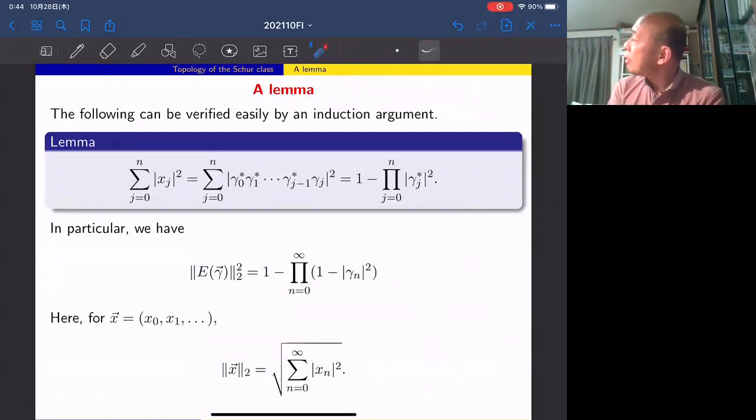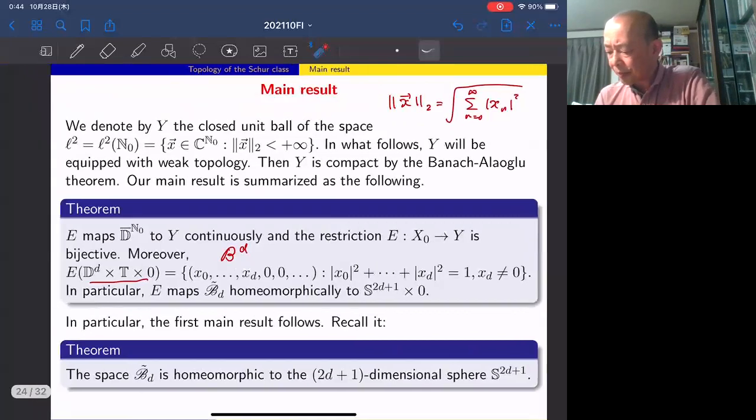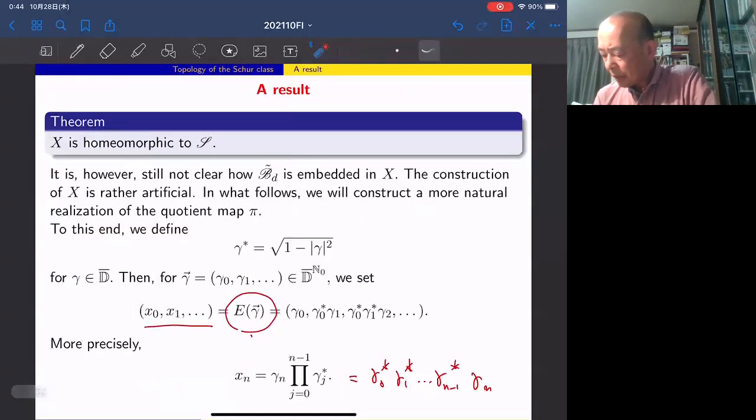So maybe I have around 5 minutes, so let me tell you how to prove the main theorem. And some part might be interesting in itself. Okay, so here is a small lemma, but this is in some sense a crucial result. So if we consider x_j defined in the definition of this mapping capital E,